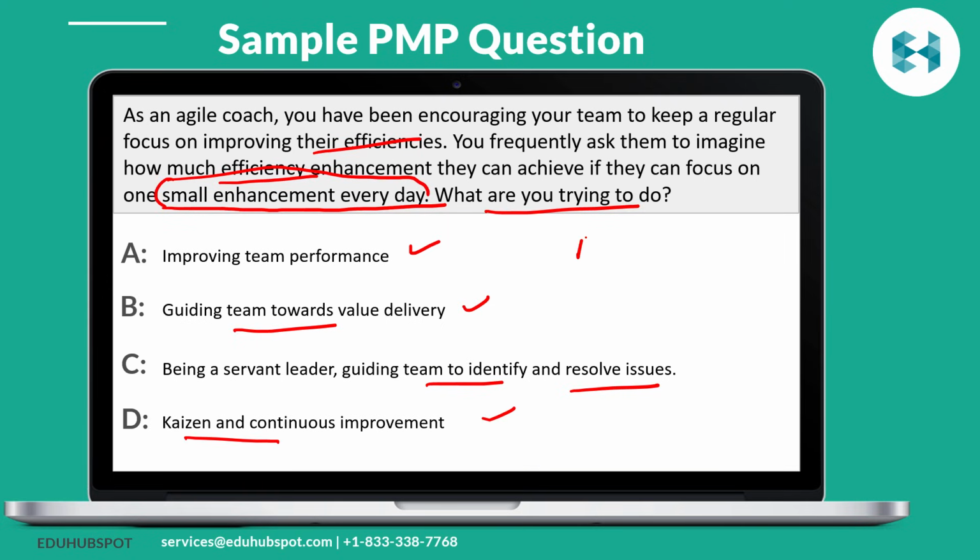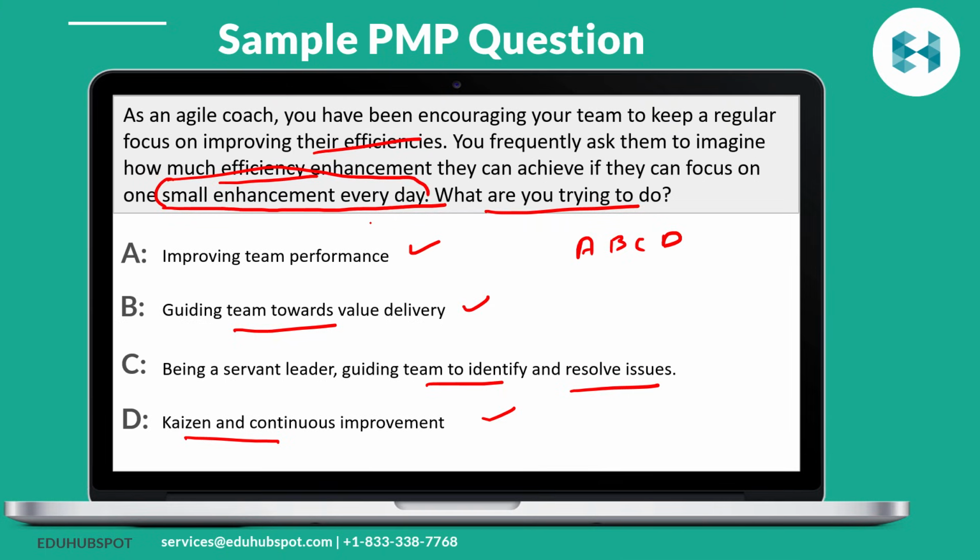Now, what is my elimination technique? On a piece of paper, write down these A, B, C, D. Then go through each option and start eliminating. Don't tell me A is correct or C is correct. Read it and see which one is better. PMP exam questions are all about which answer is better, choosing the best answer. So first of all,